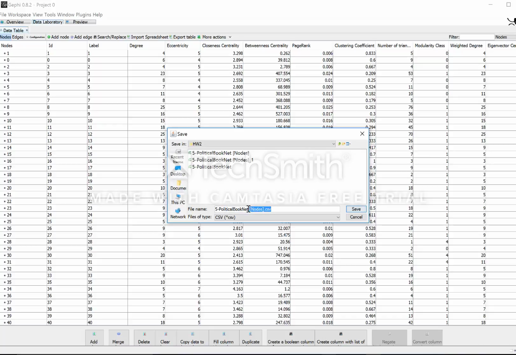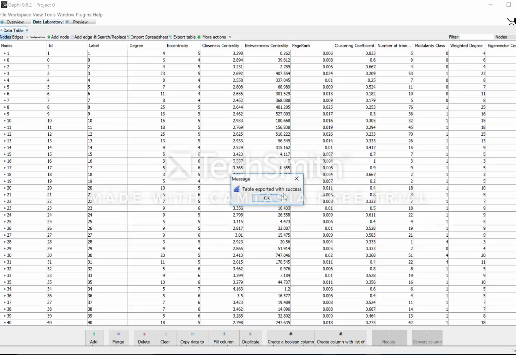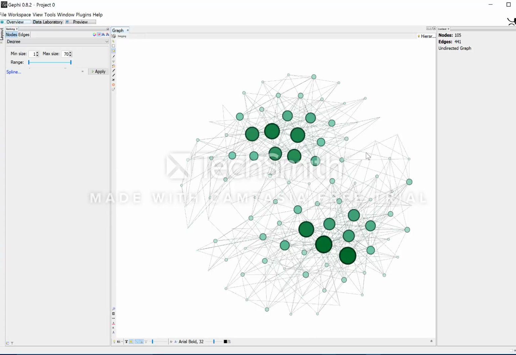So we can give it another name, maybe table 1. Okay, saved with success. Okay, so we can go to Excel later to do some analysis, but now for demonstration of Gephi,